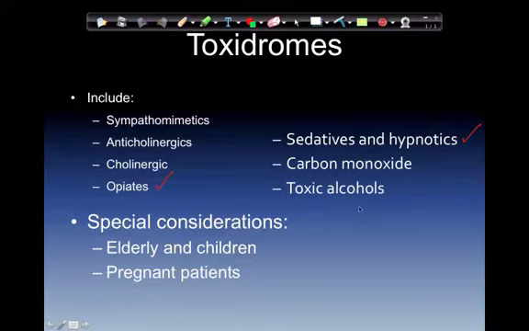Next one on our list is going to be carbon monoxide. As far as toxidromes, carbon monoxide is an odorless gas that's a byproduct of combustion. What carbon monoxide does is it has a greater affinity for the hemoglobin molecule than oxygen does. So the short answer on this is it overpowers oxygen essentially and binds to the hemoglobin molecule and then doesn't want